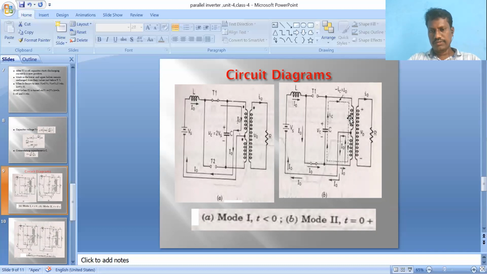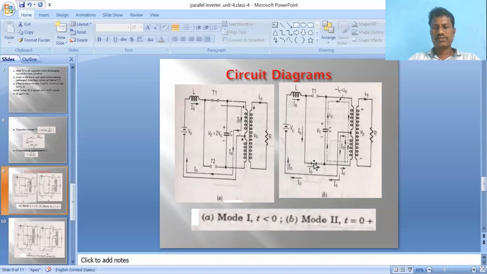It is plus VDC, it is plus VDC. What is the capacitor voltage? Plus 2 VDC. The capacitor current is Vs plus Vc, first portion, second portion, and again Vc minus. So once T1 turns off, automatically in the presence of capacitor voltage, this T1 is complementary commutated